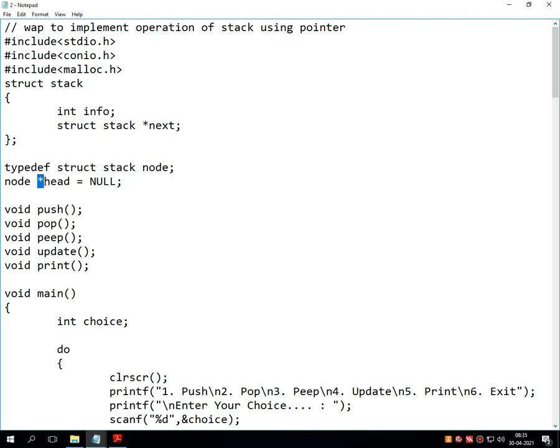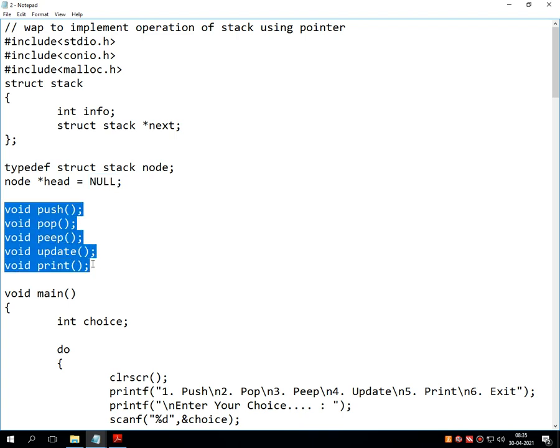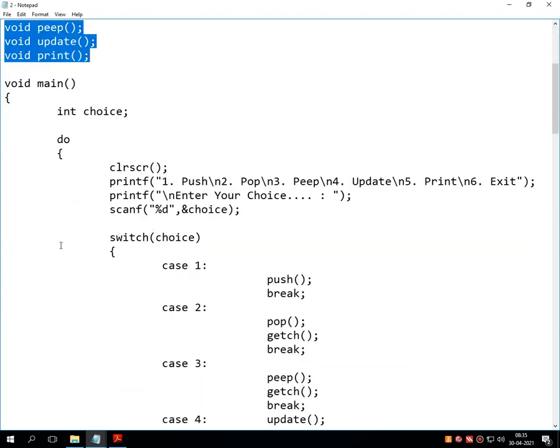Then I have set the pointer variable at the first position to null. Then I have declared these 5 UDFs, which are of the type function without argument, without return value. The names of the functions are push, pop, peep, update and print, or you can say display.